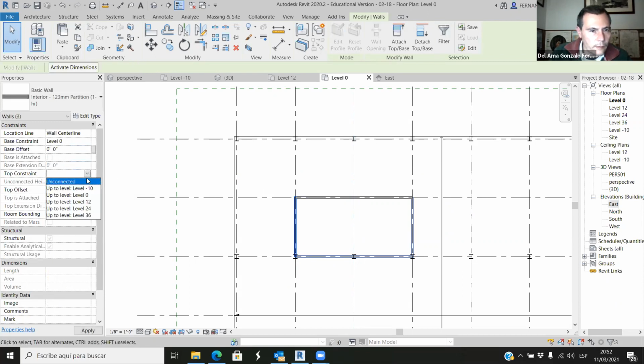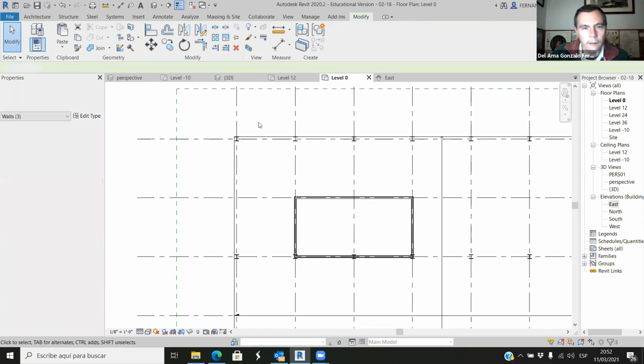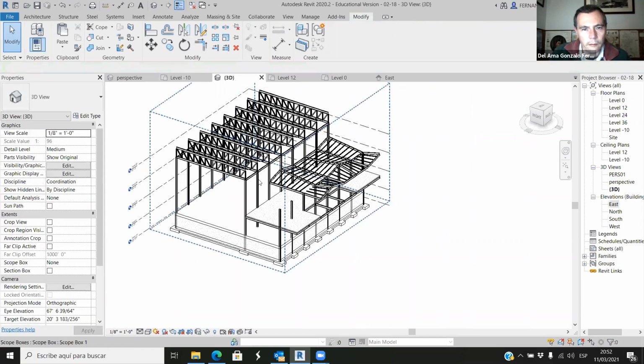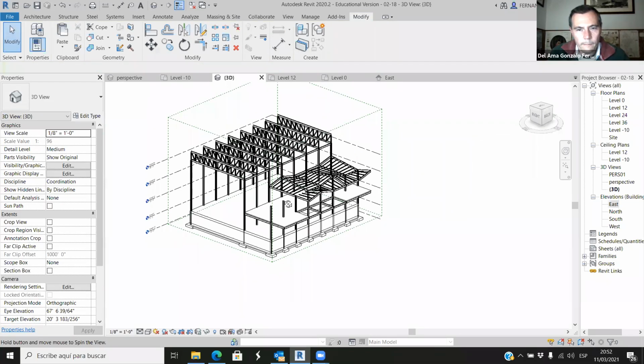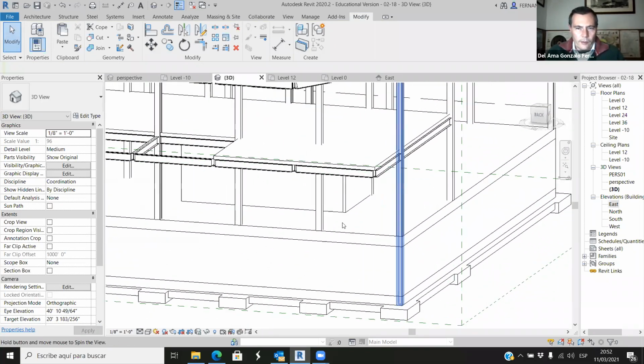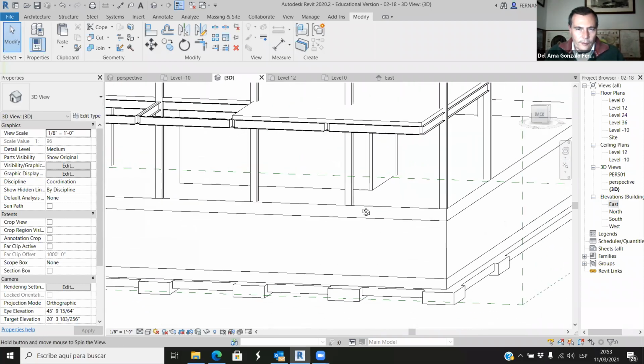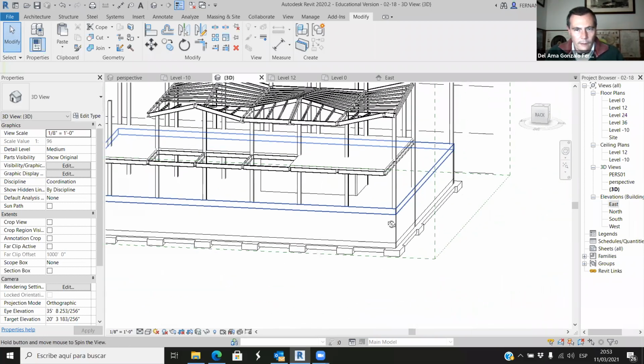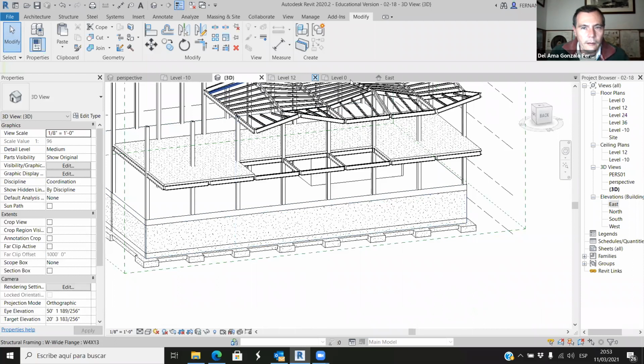Sub-constraint. Okay, so we have this for the locker room, and